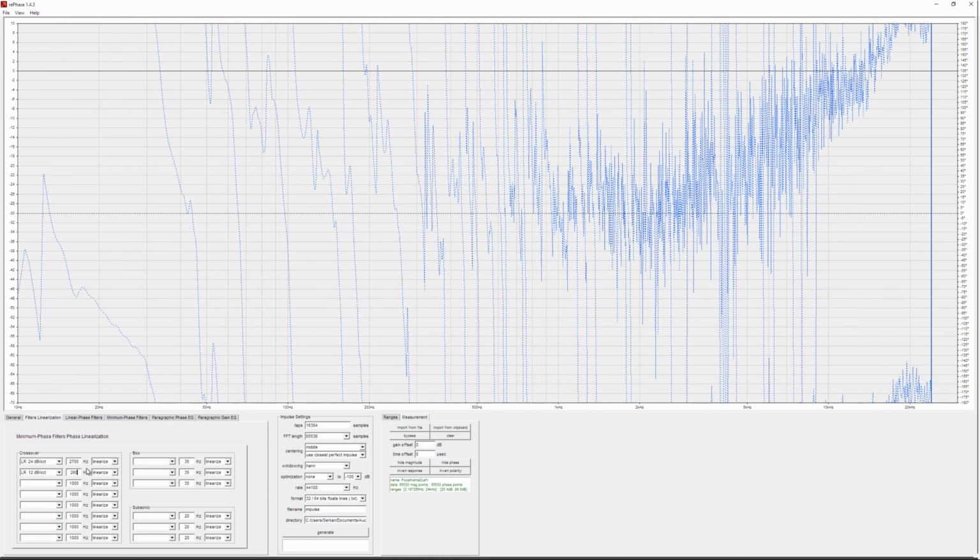When you use the keyboard up and down cursor keys, you can temporarily bring up this yellow vertical line, which will show you the frequency, 260 Hz. And you can see it's sort of close to 0 degrees, which is the perfect phase response here, the 0 degree axis.